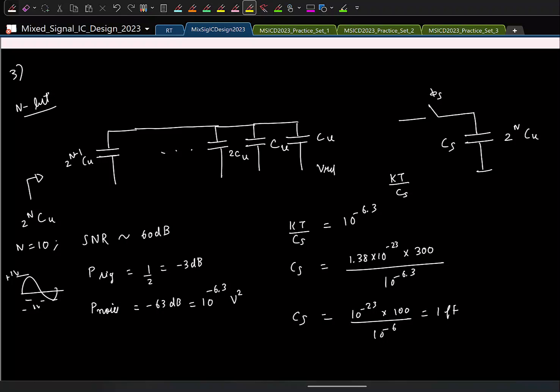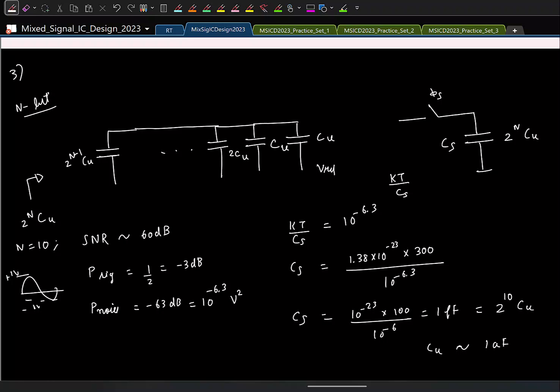But in a SAR ADC, the sampling capacitor is 2 power n times the unit capacitor you will need. So this is going to be 2 power n, n is 10. So what is Cu roughly? How much is 2 power 10? 1000, I mean it's kilo. So this is, no, pico is higher, 10 power minus 18. That is attofarad. Okay. So now you see that the minimum capacitance I need is 1 attofarad, and that's actually really